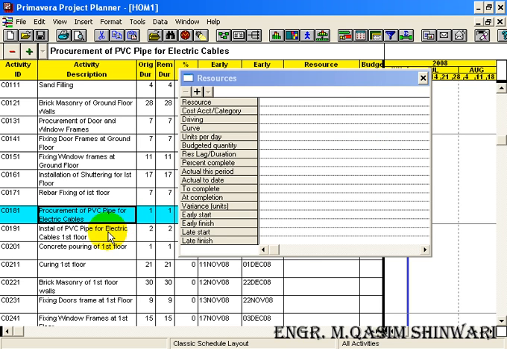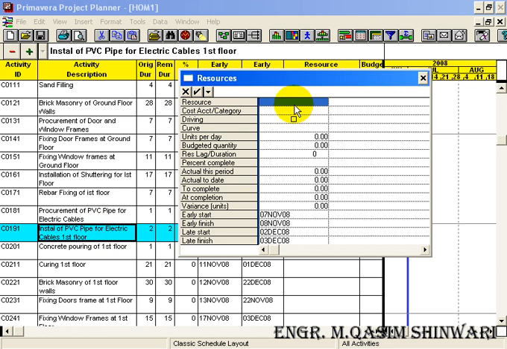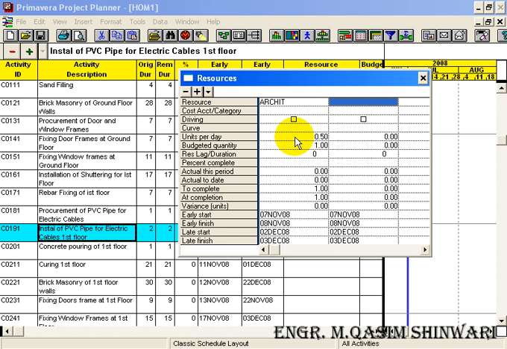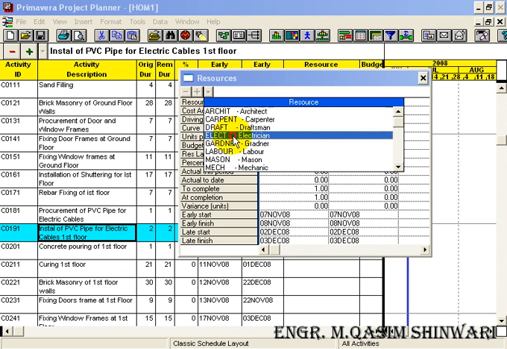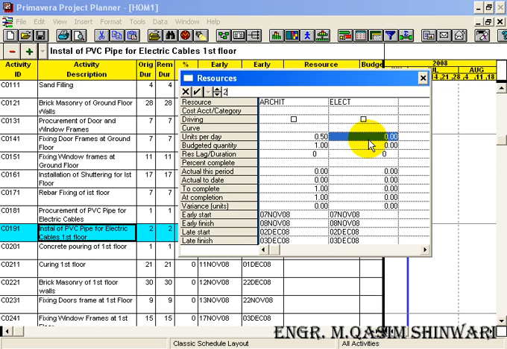For C0181 we have no resources. For C0191 we will need architect and value will be 0.50 units per day, 2 electricians, not 15 but 3 laborers,